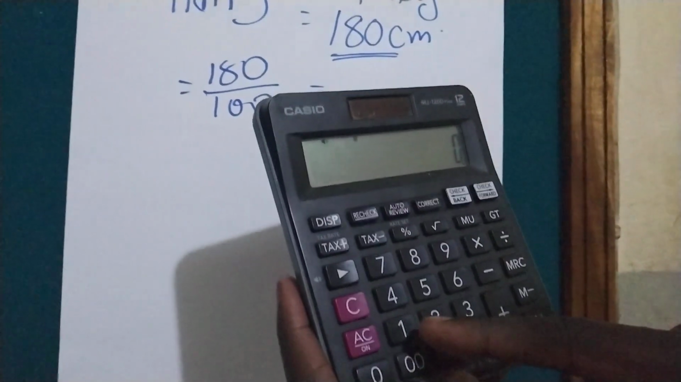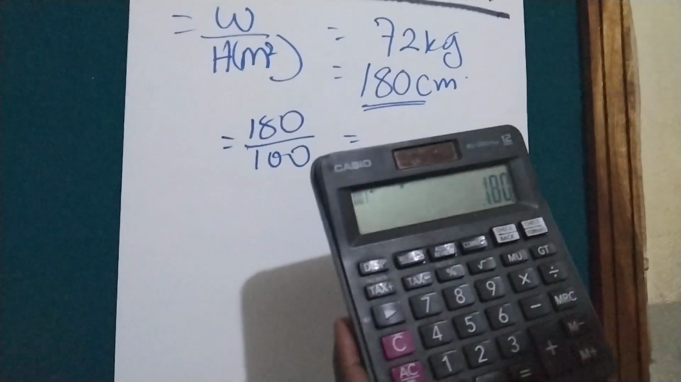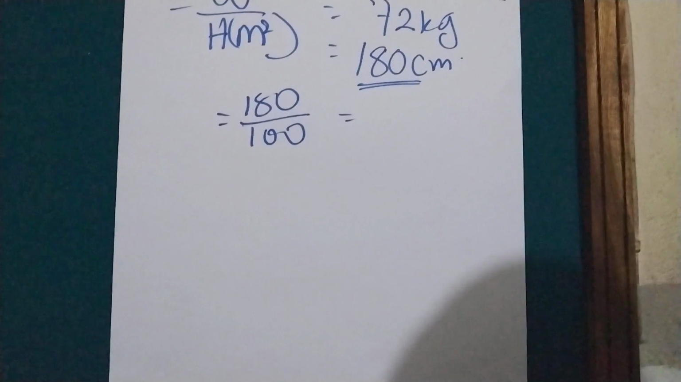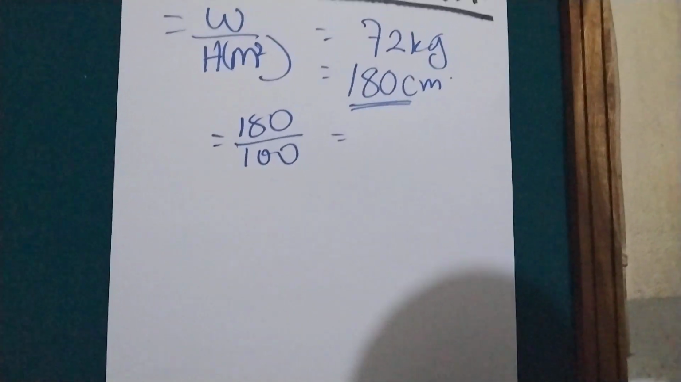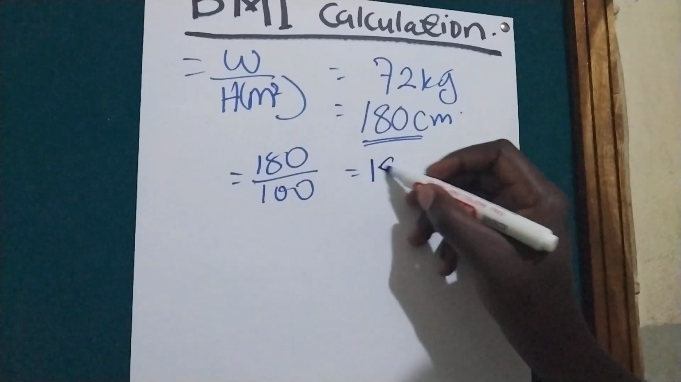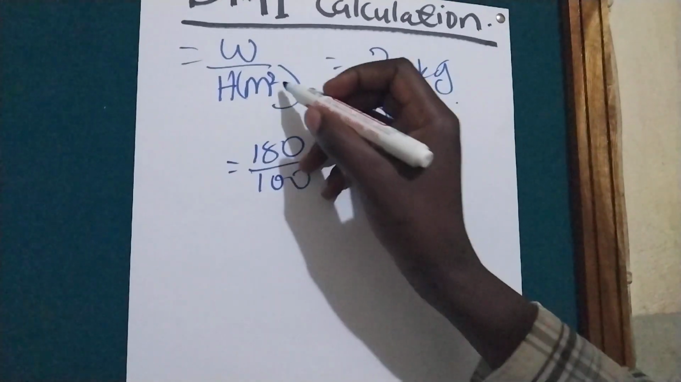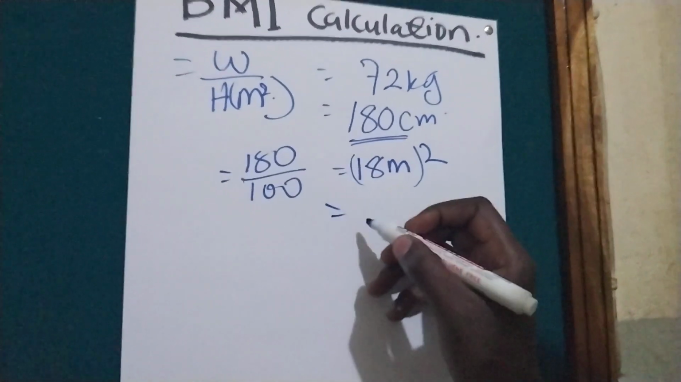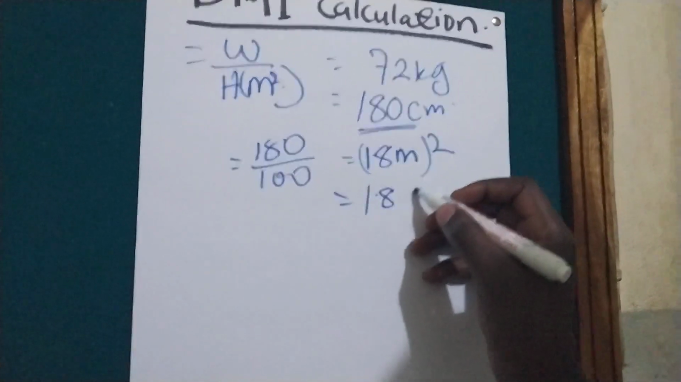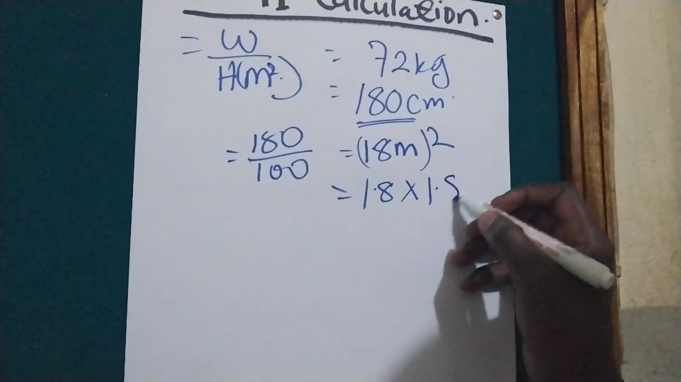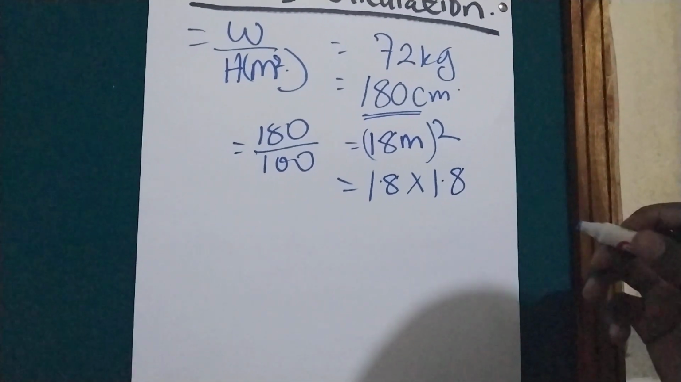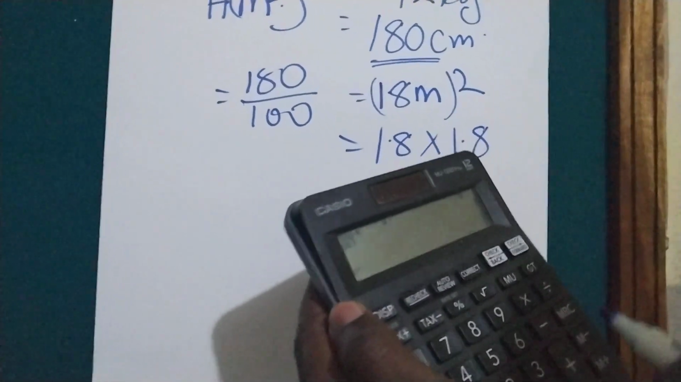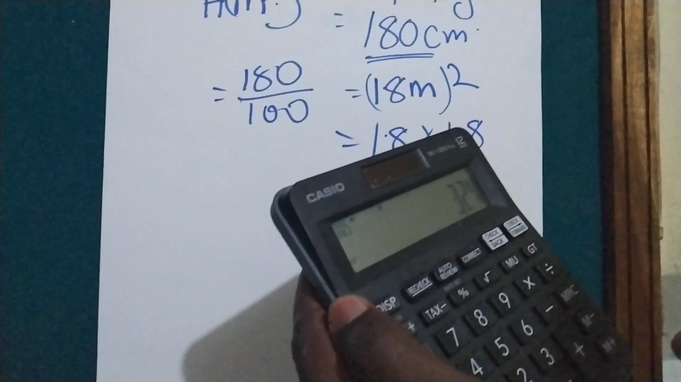180 divided by 100, we get 1.8 meters. Remember, squared, we are going to square this one. So to square, we are going to multiply 1.8 by 1.8. So what will we get? Times 1.8. So the answer is